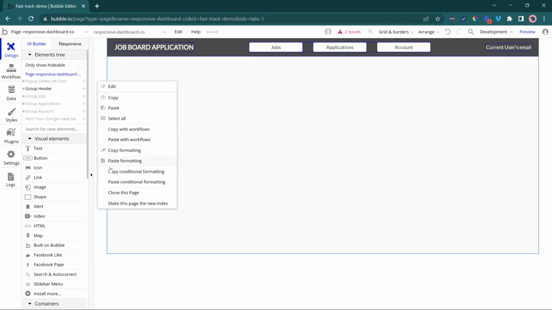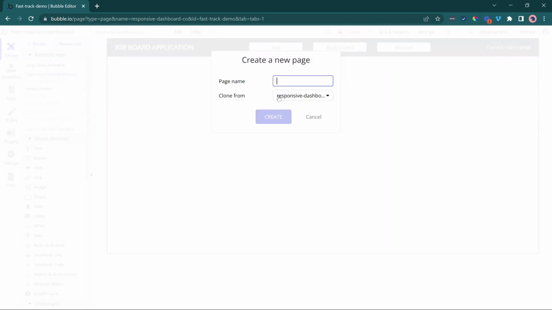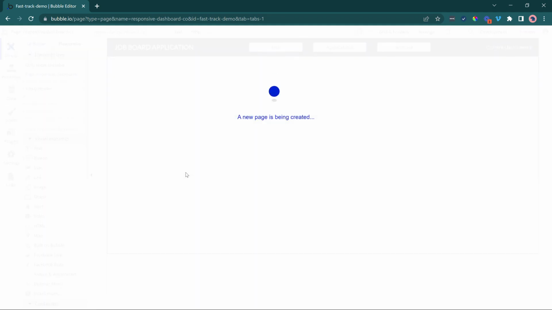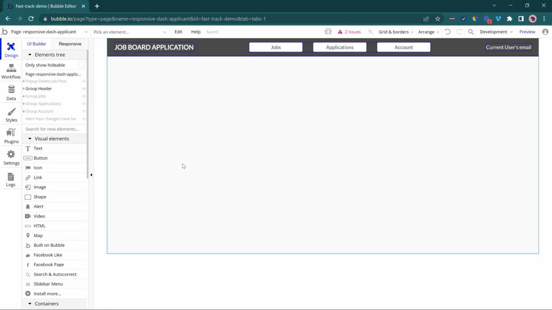So I'm going to right click and clone this page, and we're going to give it a name here that matches closely our company user. Responsive, I'm going to call this dash applicant because I might run out of characters if I don't abbreviate something there. Applicant, okay. And this is going to be a complete copy of the company user,